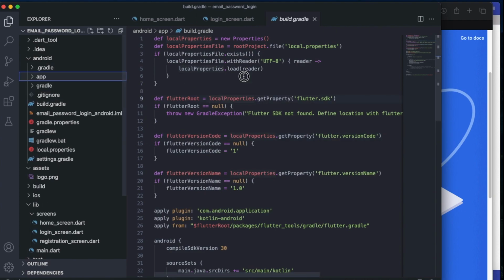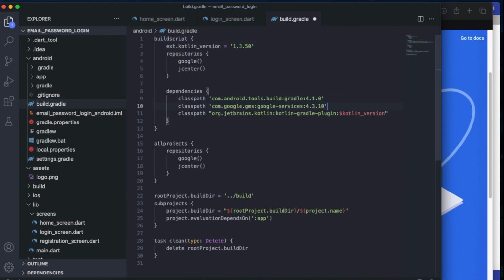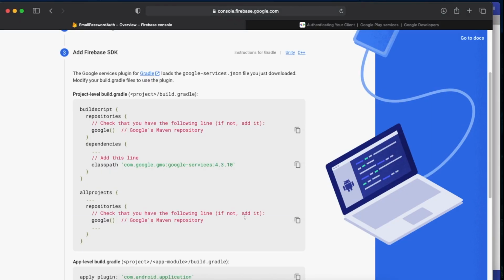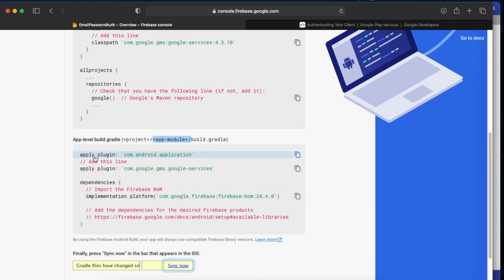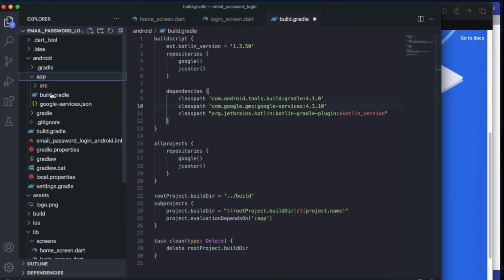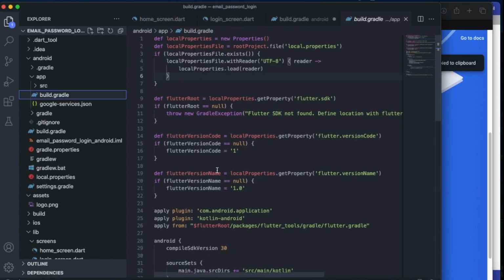We have to go to the build.gradle of our project directory. So this will be the build.gradle of our project directory, and here we can just copy and paste it. And the next step is we need to go to the app level build.gradle. So we'll just go to app, now we'll go to build.gradle and we'll copy this command, apply plugin,